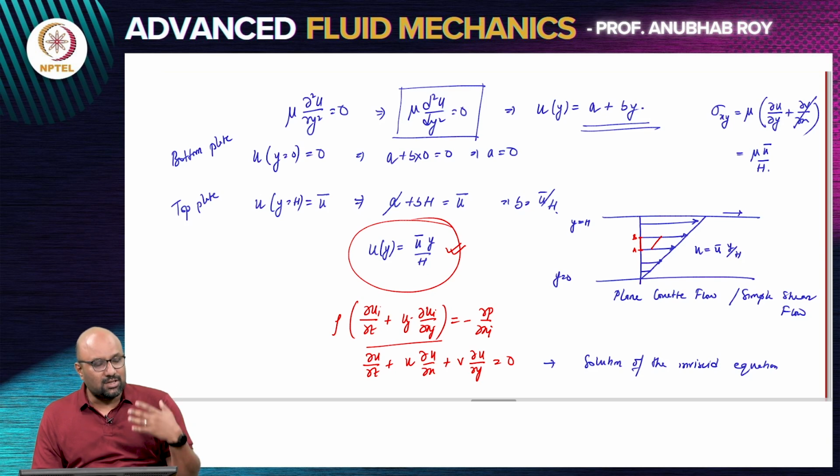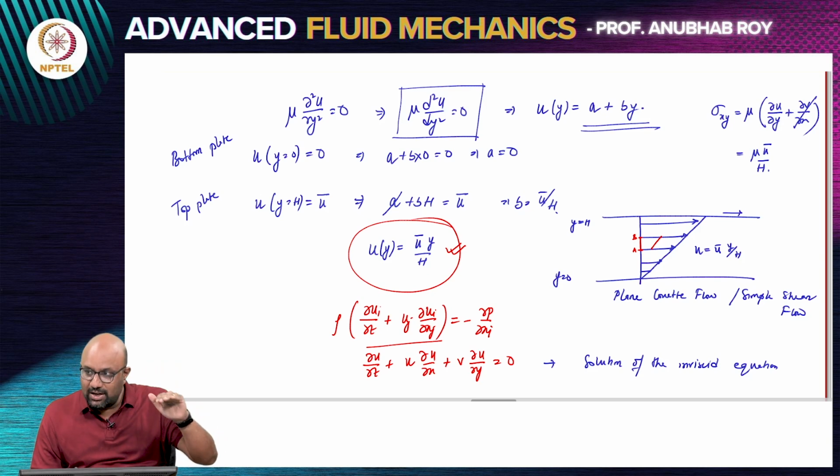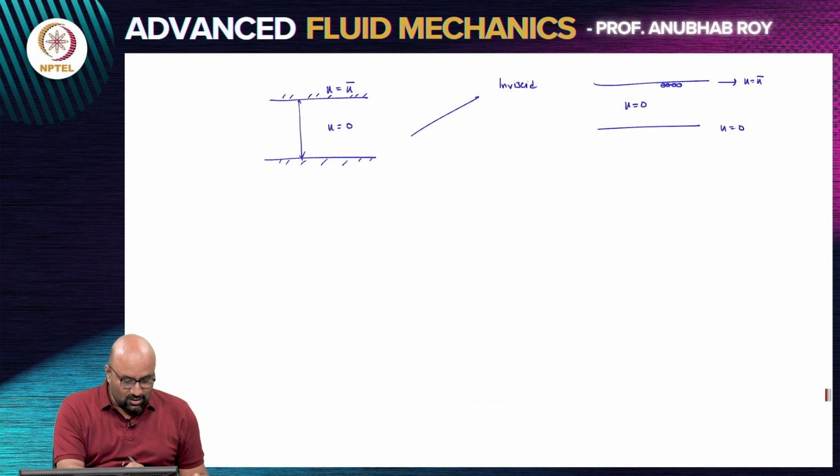Because the divergence of the shear stress gives you the viscous force per unit volume. So, the shear stress remains constant from the bottom plate to the top plate. So, this aspect that when you are shearing the top surface, the entire fluid is set into motion is only possible because of viscous effect. So, if you do a viscous problem,